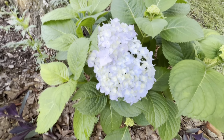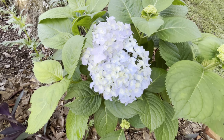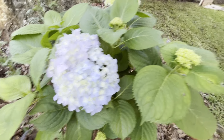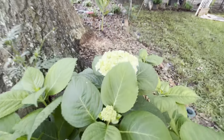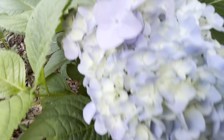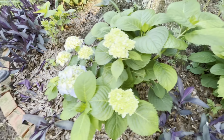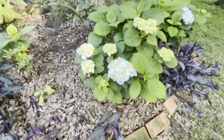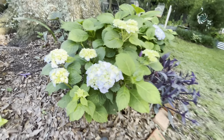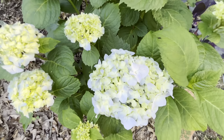But isn't that beautiful? Blue and lilac. Remember, I came by the other day and made a little video and was showing y'all, and we was wondering what color they were gonna be. And that's a lilac, and the bottom one is blue. So this one's got a lot of buds. Oh, y'all, I think I got an ant on my foot. Oh, goodness. So we'll see what color